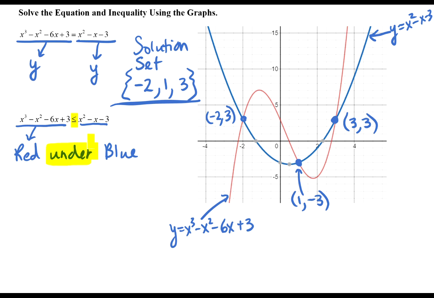So starting from the left, because it's fairly complicated, let's start on the left and move our way over. So starting on the left, the red graph is initially underneath the blue graph, which is what we want. But then it goes up above the blue graph and doesn't come back down until you get to x equals 1. And then it's down below briefly until we get to x equals 3. After that, the red graph is above the blue graph. So we actually have 2 regions where the red graph is below the blue graph. So we're going to use those 2 regions as our solution sets. They are separate, so we have to show them as a union.